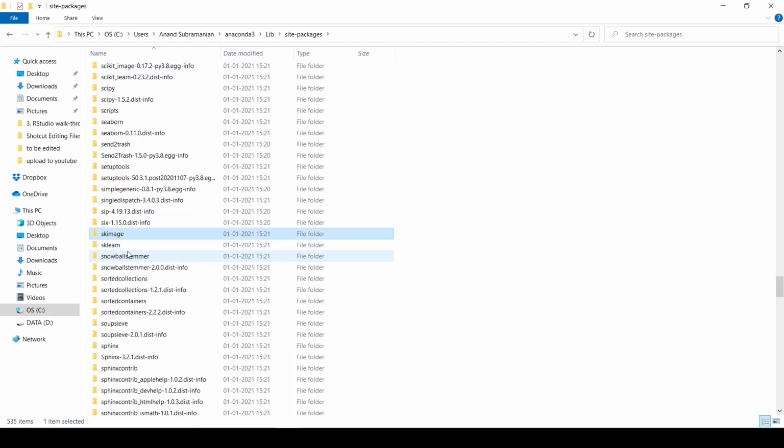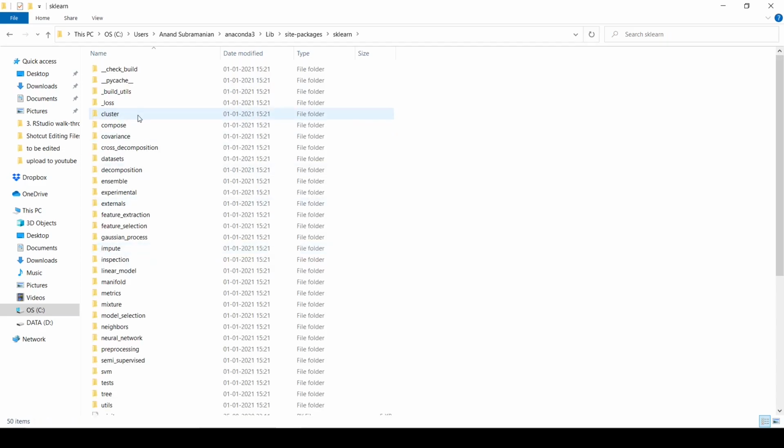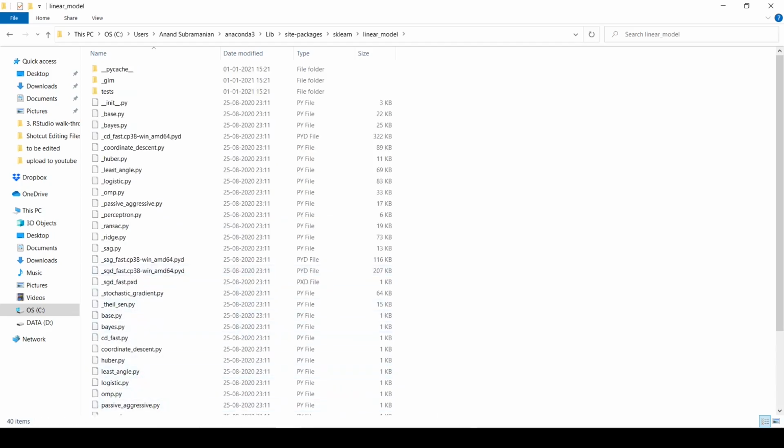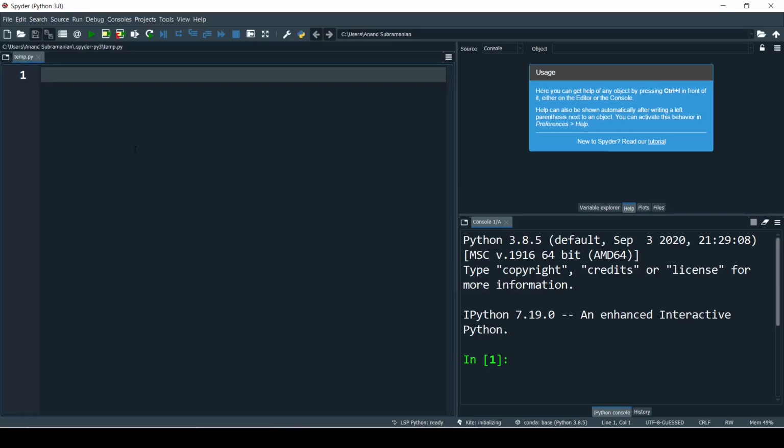Let's go to sklearn for an example. And where can we go? Okay, let's take the example of linear model. Go to linear model. Now let me also go to my Spyder IDE, and whatever I code now, please ignore it for now. We shall learn all these things in the upcoming tutorials. The machine learning playlist and the statistics playlist will be upcoming, but right now our focus is more on understanding R and Python.